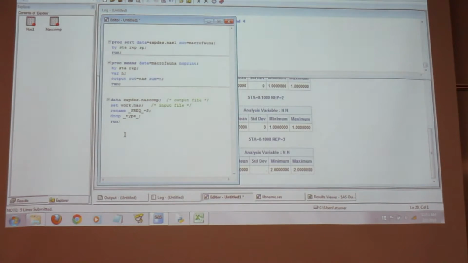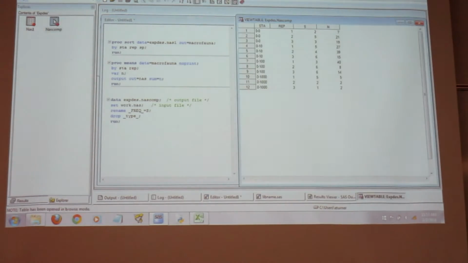Okay. So now we've got one more cleanup step, and then we can print. The reason why we need to do a cleanup step is if we're going to make a nice graph, I want the graph to say the units, or to say a label other than S and rep and those kinds of things. So when you open this up,